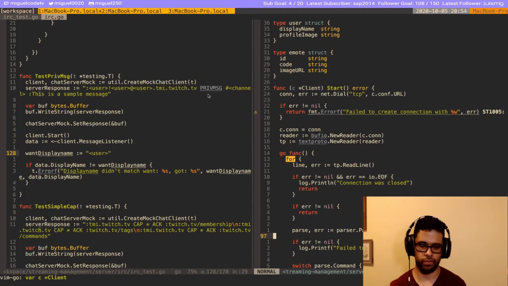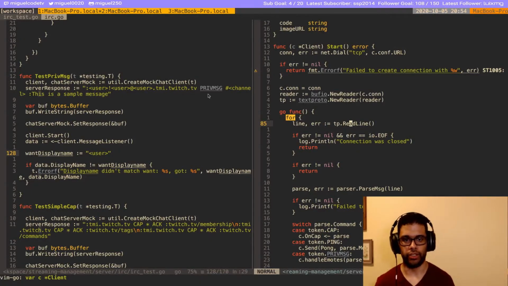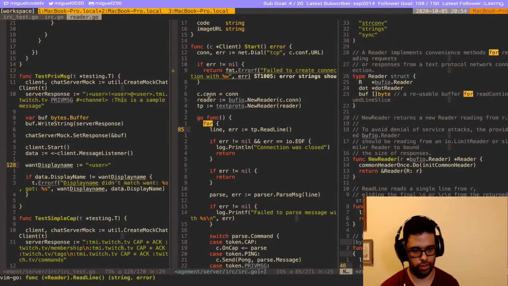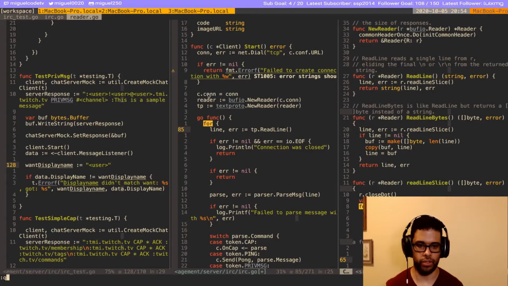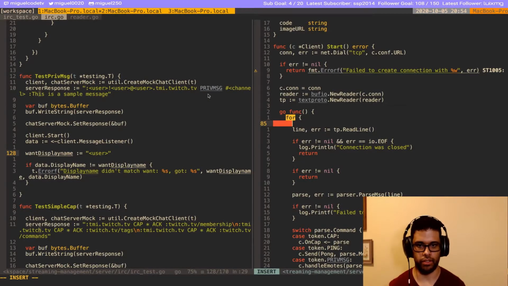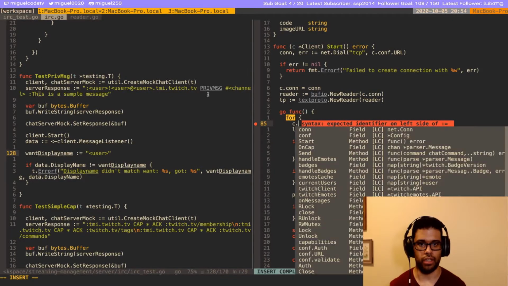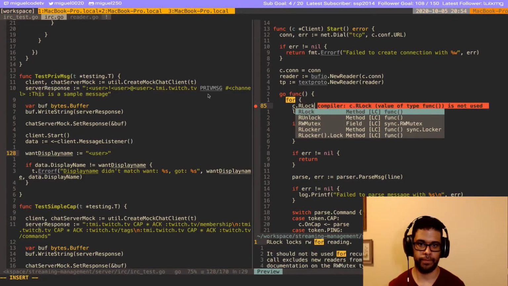Then we just need to make sure we lock if we're reading before we close the connection, right? Because we don't want to close the connection while we're reading. So maybe here I could do the same thing and take a read lock.